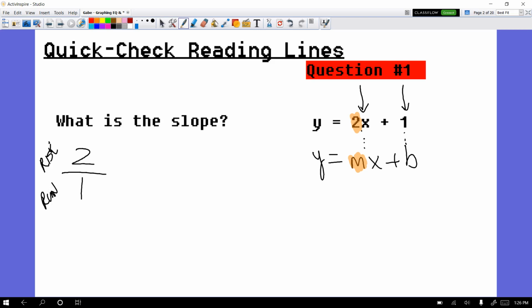So a positive 2, if we're rising or falling, whenever we had our talk, you said that positive 2 would be moving 2 up. So 2 up, and a positive 1 for the run would be going either left or right, and you said a positive 1 would go right. That's not the answer you chose, but anything you missed, I'm going over. So just to reiterate,